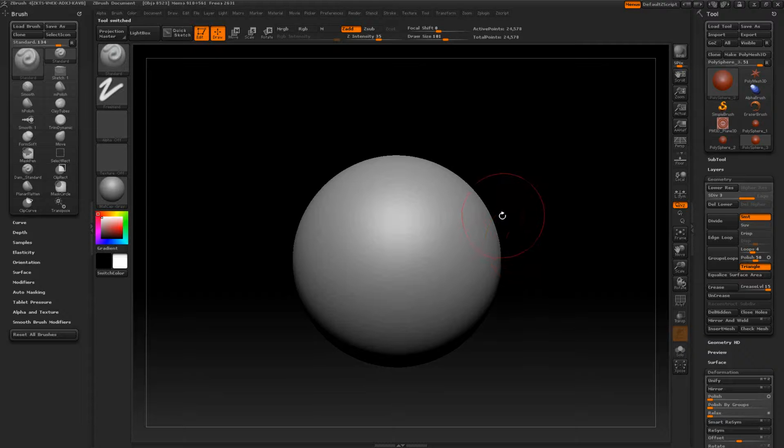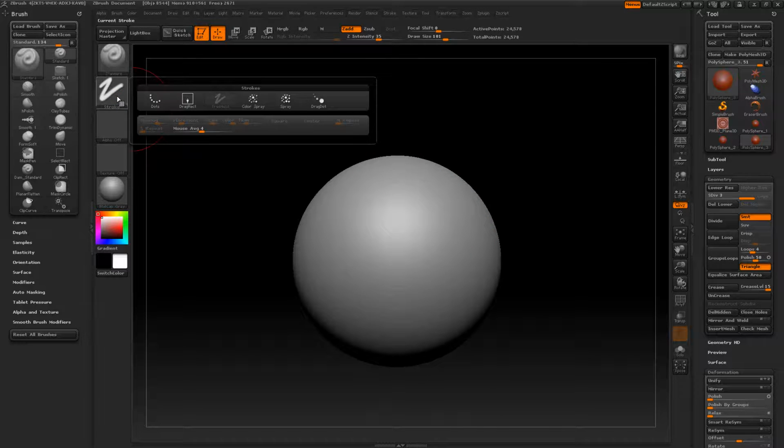Okay, in this tutorial we're going to be looking at creating stamps for ZBrush. So this is where you can apply things like nuts and bolts and screw holes onto your meshes. Just to show you how this works, first of all, I want you to